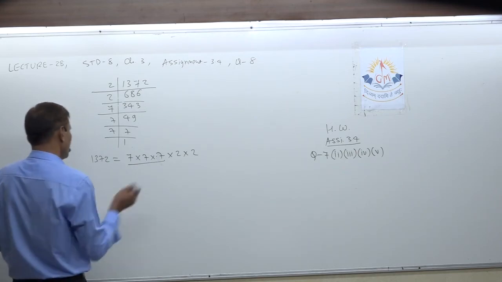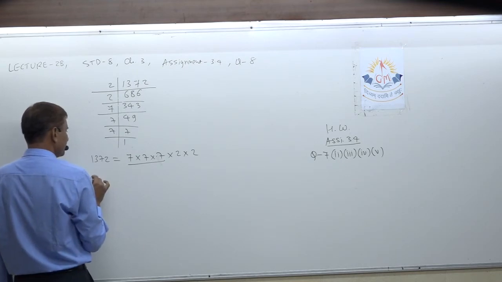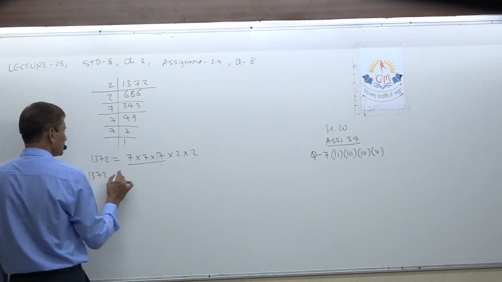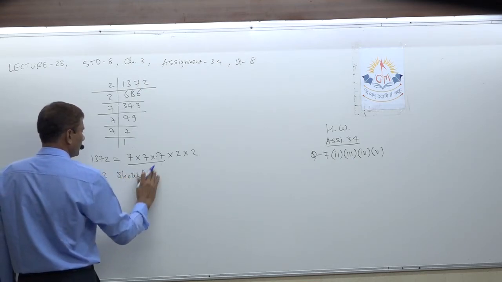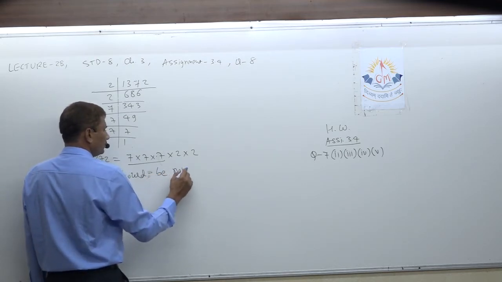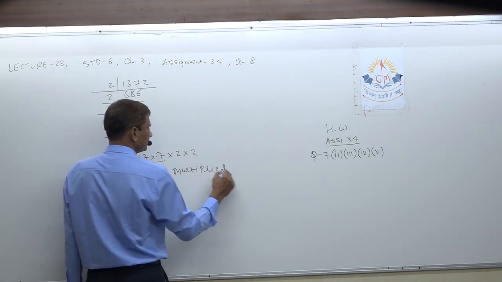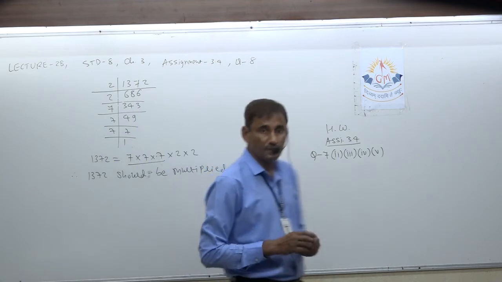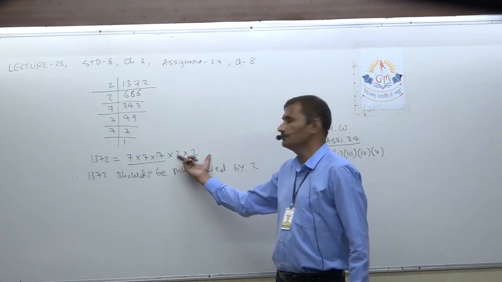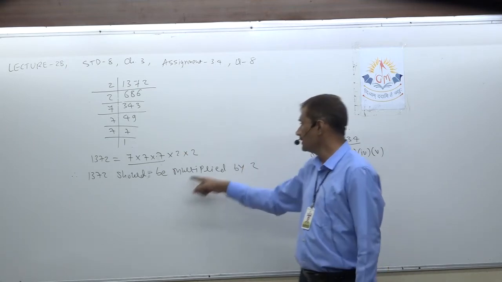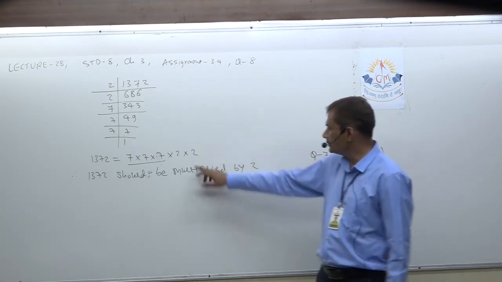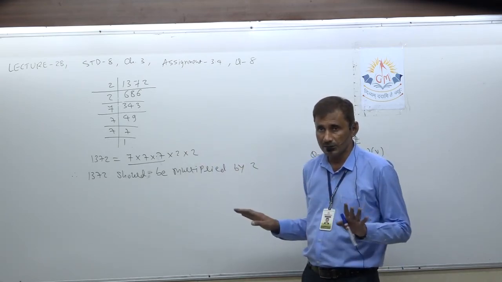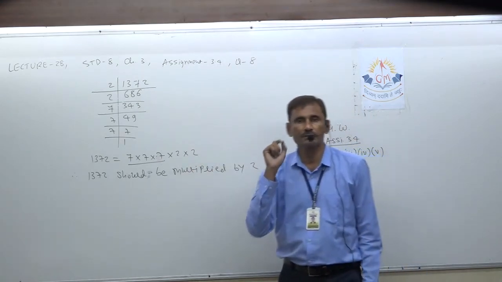Okay. So now multiply. First of all, say the answer. The number to be multiplied: 1372 should be multiplied by 2. Why? Because one more 2 we need, so that it makes a triplet of 2s. Otherwise you can divide by 4 also, but it is not asked here. Division is not asked, only multiply. So one 2 is missing, so we can find it.